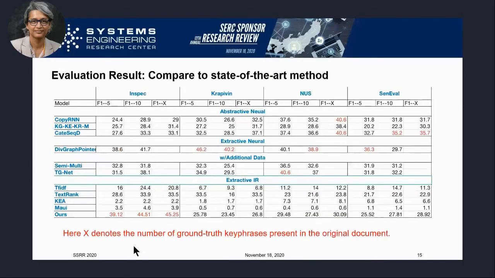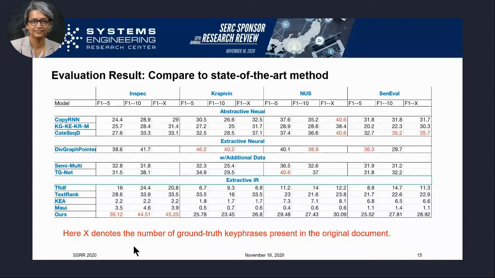So to our surprise, ours is the bottommost row here. For one data set, INSPEC, we actually beat all of the supervised key phrase generation techniques, and we were really surprised about that. We didn't expect to be doing that well, actually. On the other data sets, we don't do as well. We're not too bad, but it's obvious that we are an unsupervised key phrase extraction method, so we're not going to get as good results as the other approaches.